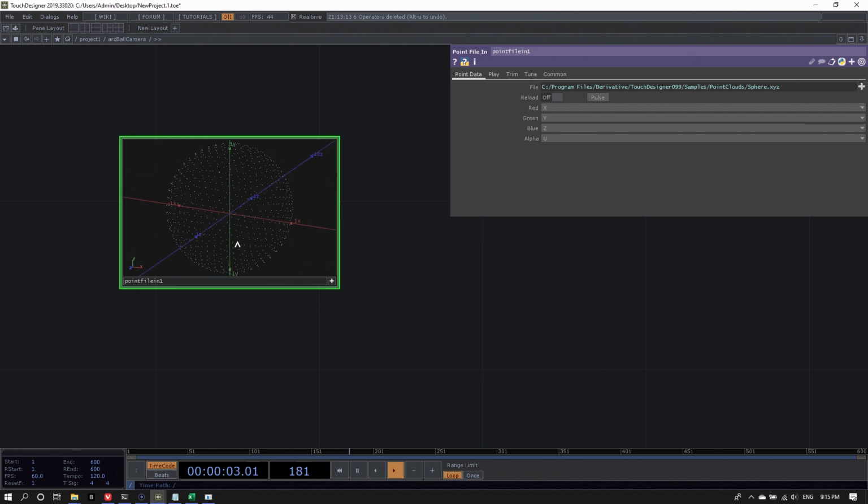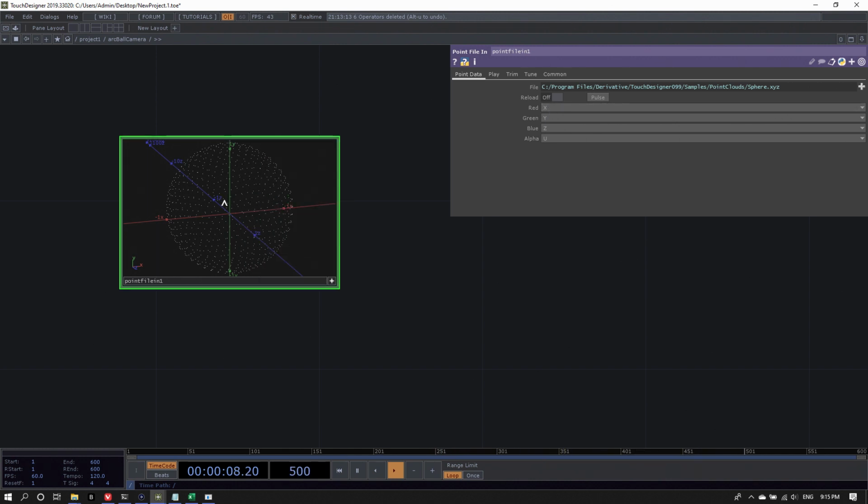So every pixel is XYZ, the coordinates of a point, with the red channel being X, the green channel being Y, and the blue channel being Z. And this also corresponds here to this little parameter section underneath the file and reload button that you might know from the Movie File In TOP, which is each channel you can ascribe an attribute that's saved in the point file. But we'll get to this in a bit.